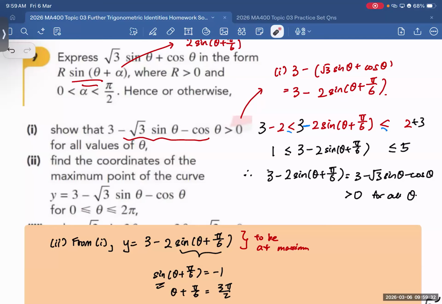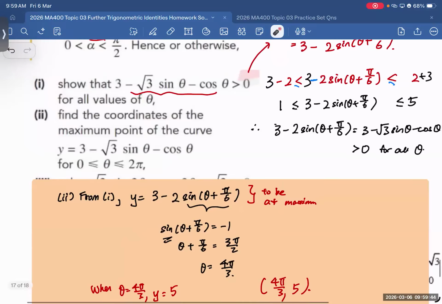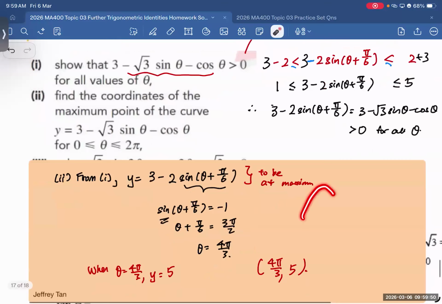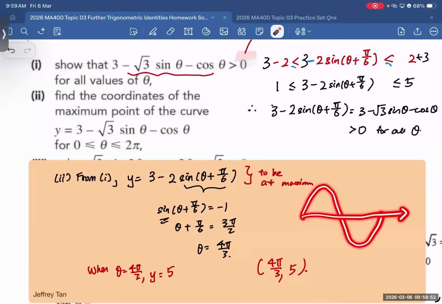I would expect more from you, but I know you can. I want an elegant solution, not just one that gets the answer. Because remember sine, this is negative 1, is 3 pi over 2, which is 270 degrees. So if your sine